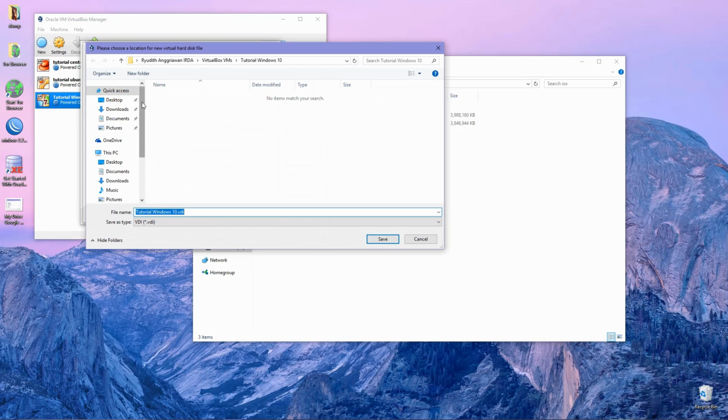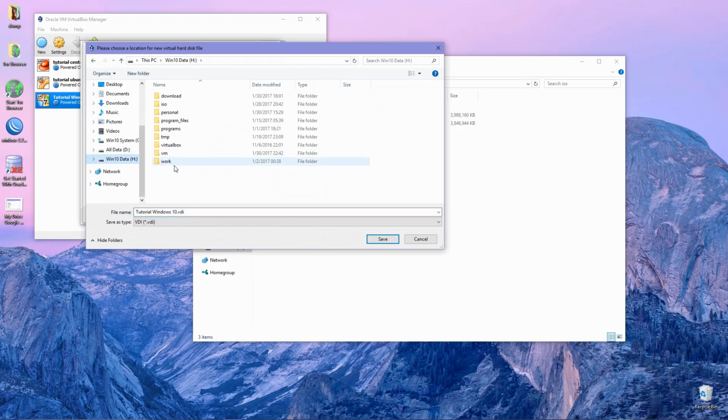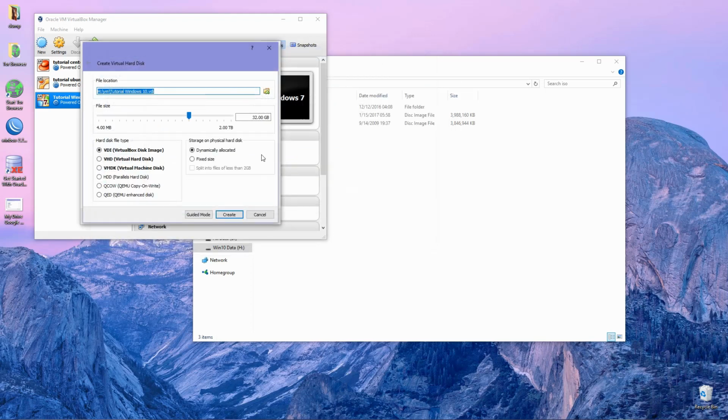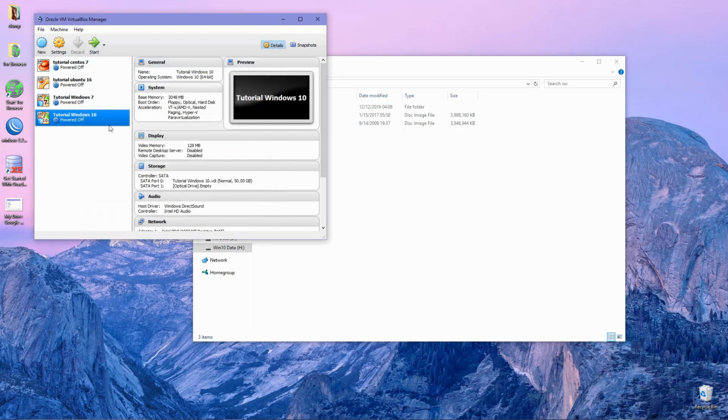Select your location to save your virtual hard drive, and for size I set it to 50 gig. Okay, for other settings leave the default, and